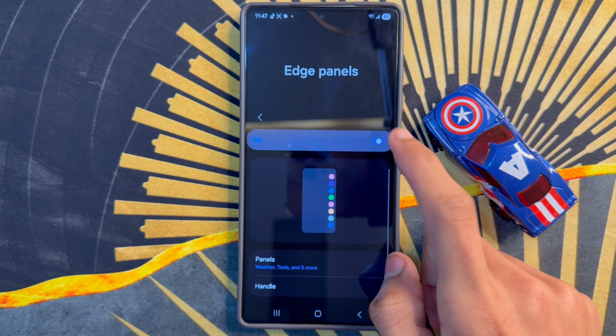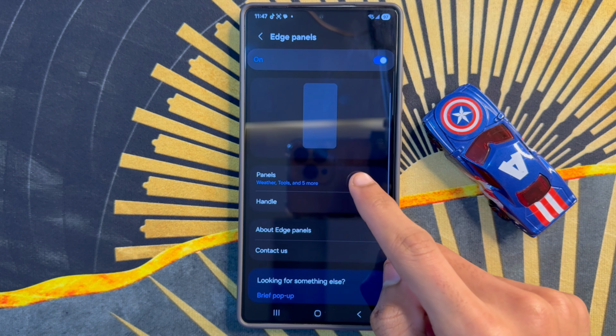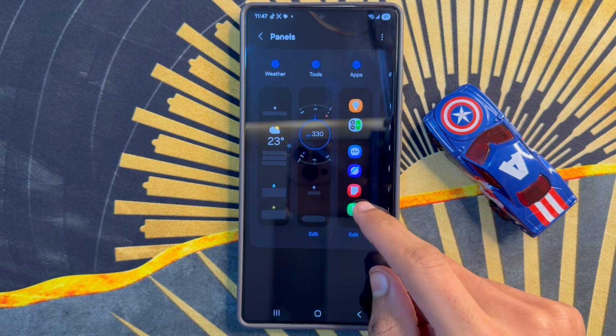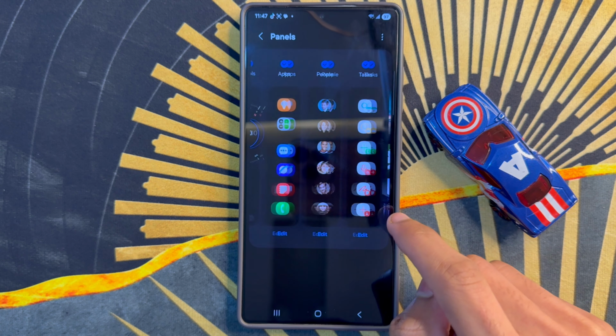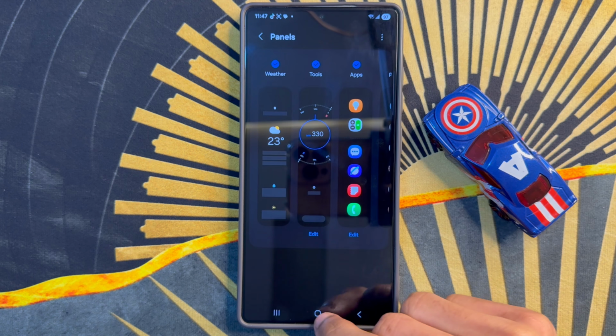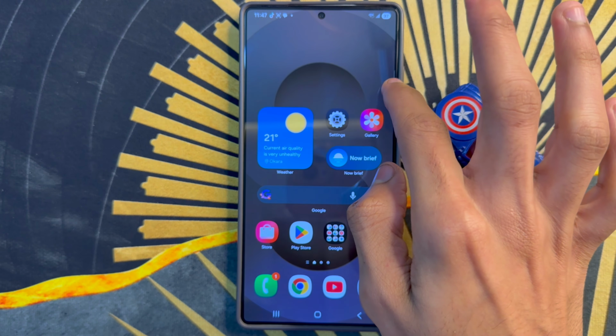First of all, turn on Edge panels. After turning on Edge panels, click on Panels. Enter Panels from here. Go back to the home screen, refresh the phone and open the Edge panel,